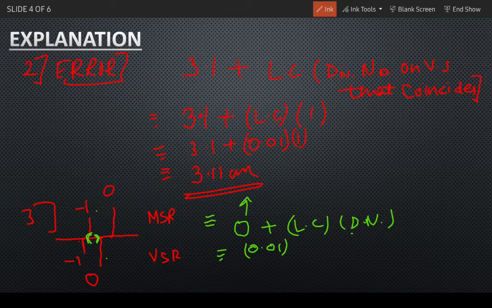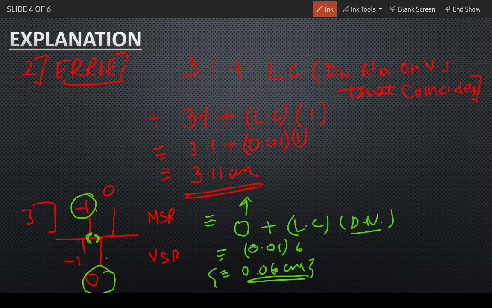Least count times division number, 6, finally comes out to be 0.06 centimeters. This is the reading between the -1 of the main scale division and the 0 of the vernier scale division. So finally we need to calculate this part of the division. I am making a star mark over here. This part can be calculated from the fact that one main scale reading